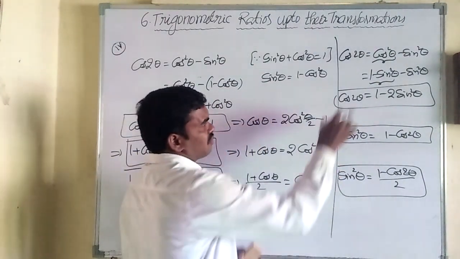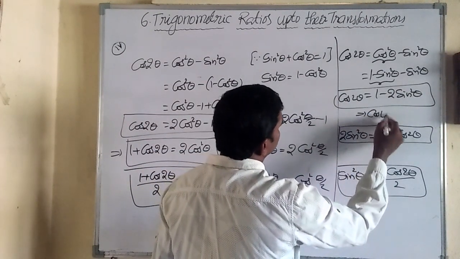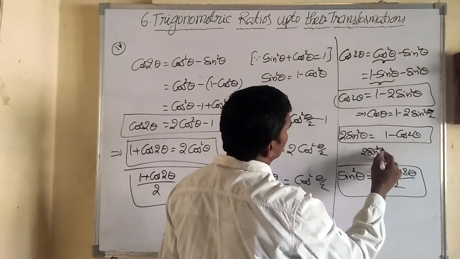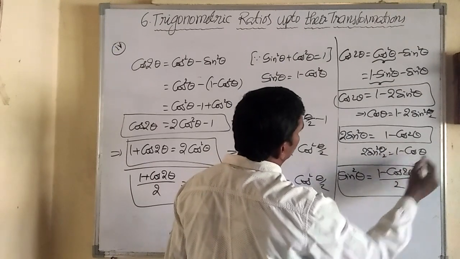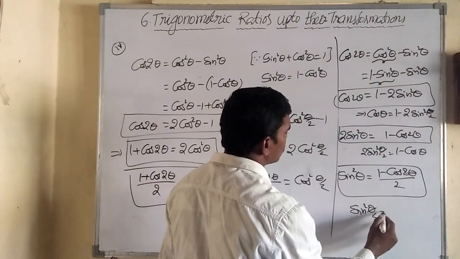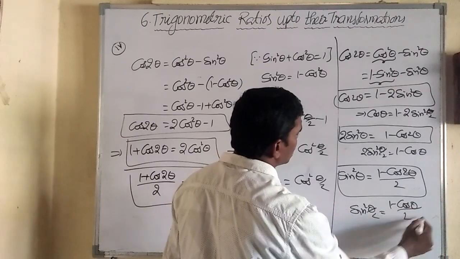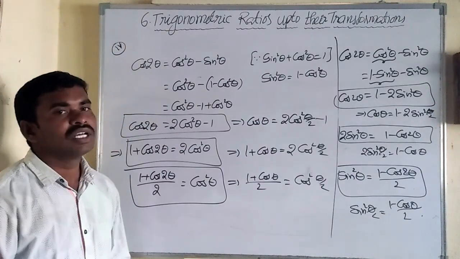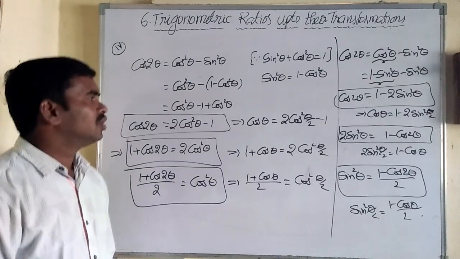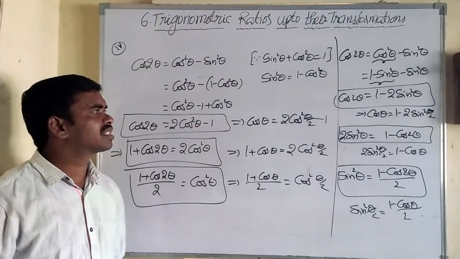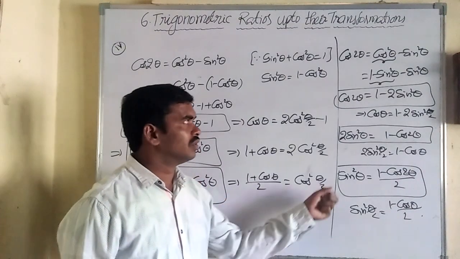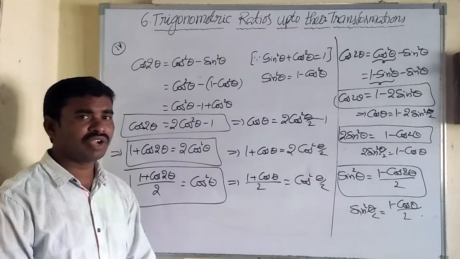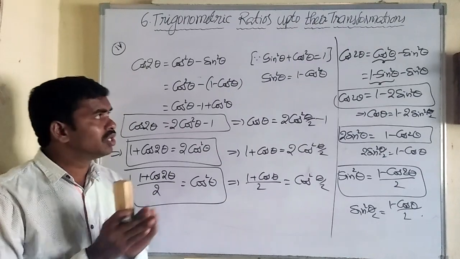If you want half angle formulas, from this, cos theta is equal to 1 minus 2 sin square theta by 2, and 2 sin square theta by 2 is equal to 1 minus cos theta, and here sin square theta by 2 is equal to (1 minus cos theta) by 2. I have just shown how the formulas are derived using the basic starting formulas. Do it this way 2-3 times and you can remember the formulas. There is more chance to get confused if you memorize the formulas directly, so give more priority to the starting formulas.